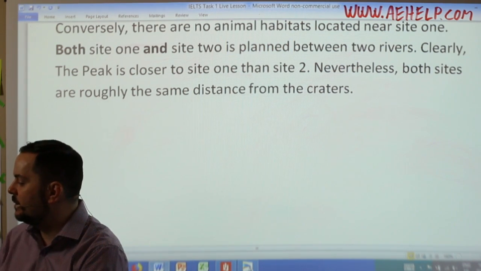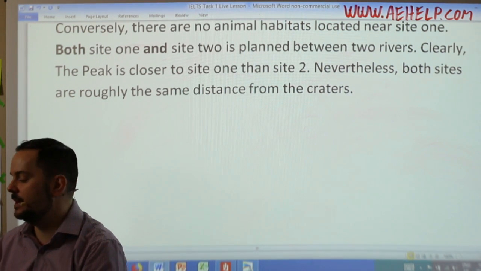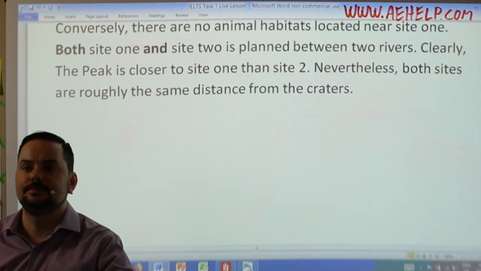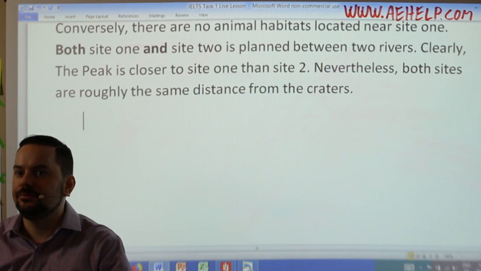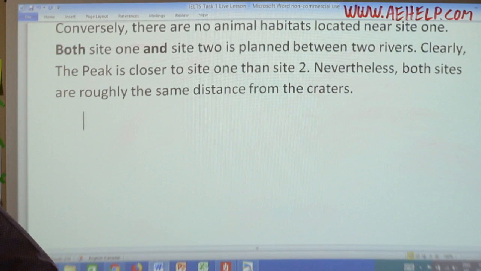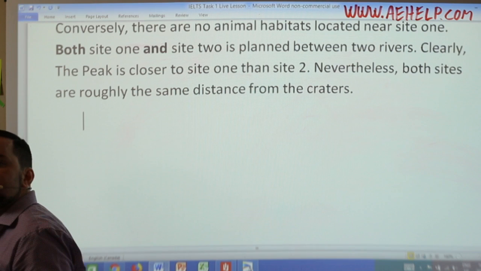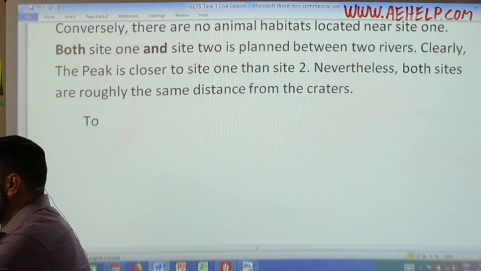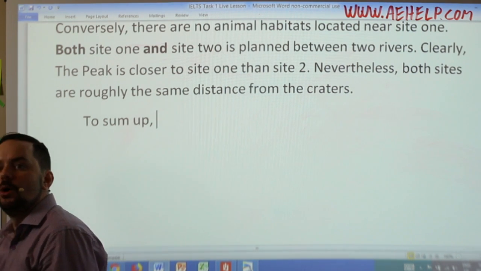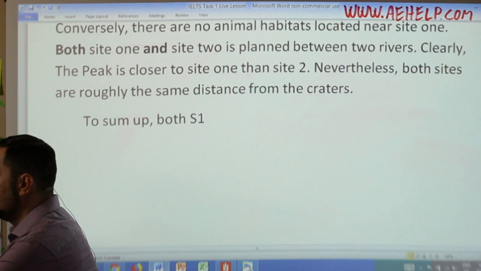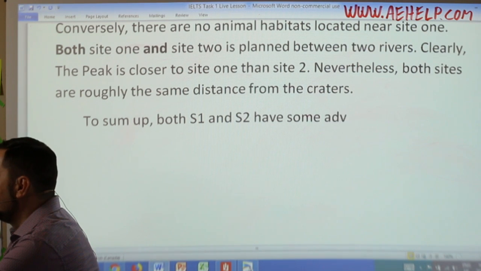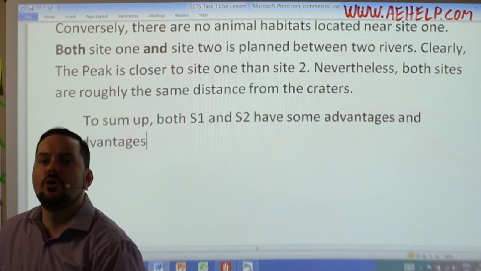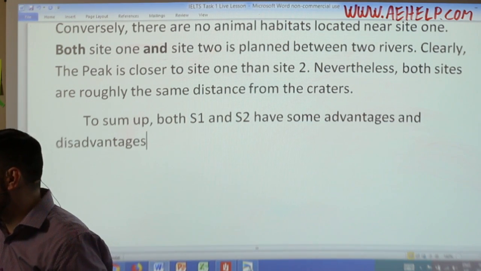All right. Let's talk about the last part, the summary. So what can I write for the summary for this map? Yeah, Eman, you can use the word isodistant, sure, as long as you can use it well. Sure, to sum up. Yeah, that's a good way to start it off. Shaumik. Yeah, to sum up. That's very nice, Safa. So both Site 1, and you can use this notation. So both Site 1 and Site 2 have some advantages and disadvantages. So what? To sum up, both Site 1 and Site 2 have some advantages and disadvantages, which